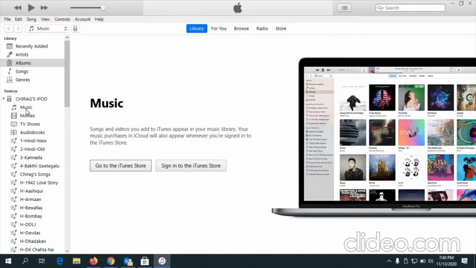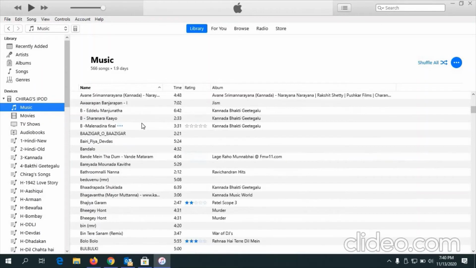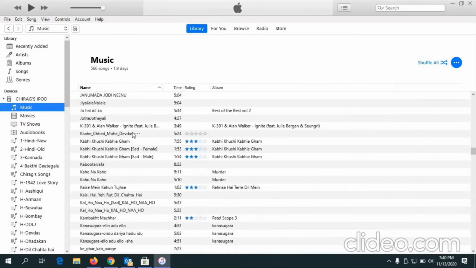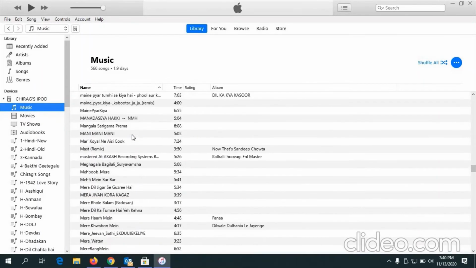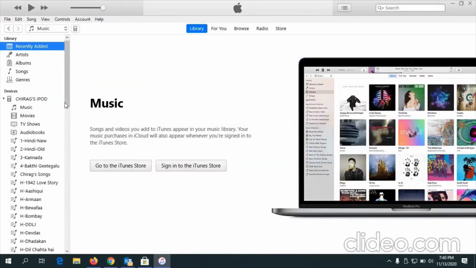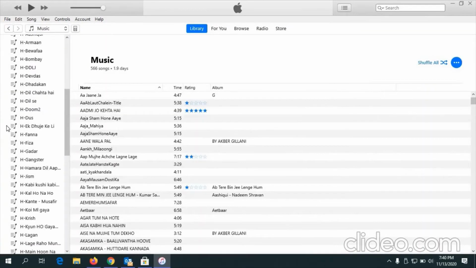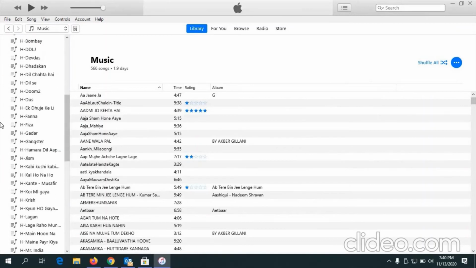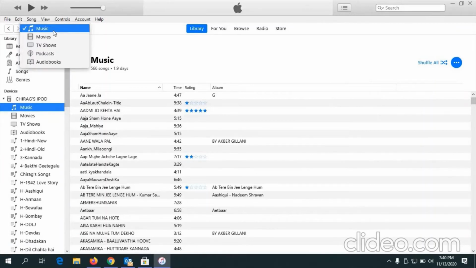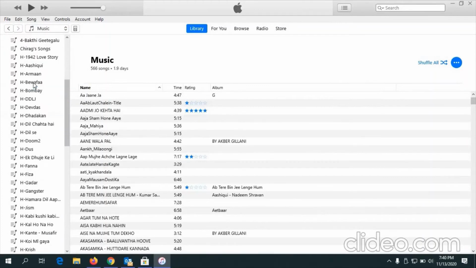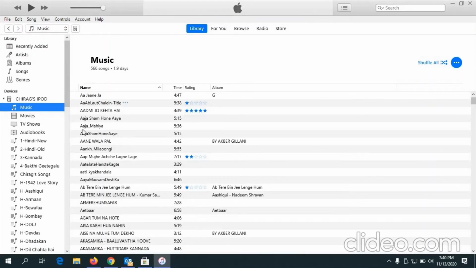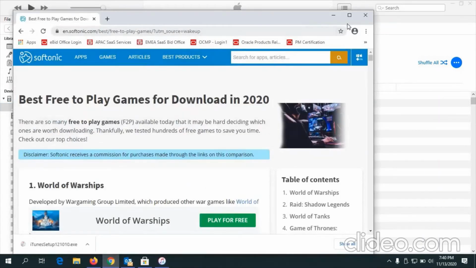So you can just go to music over here and you can see that everything is there. See all your musics which are there. Okay, so let's ignore it and just go to your musics, and when you scroll down, make sure this is selected to music. Okay, and these all are musics. So before putting MP4 songs, make sure you have the MP4 video you want to download. Then I'll give you a link in it.